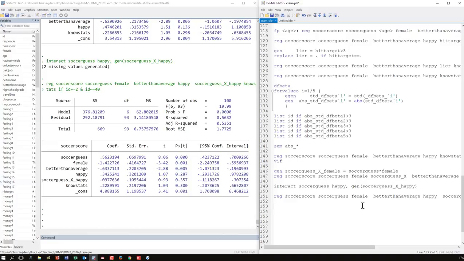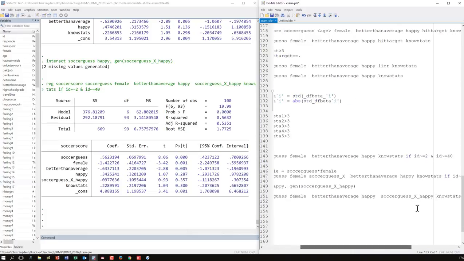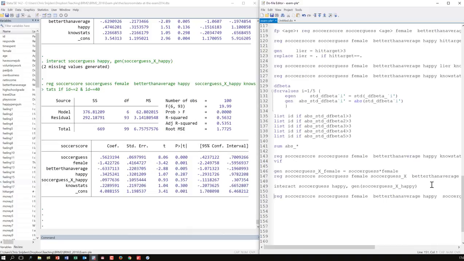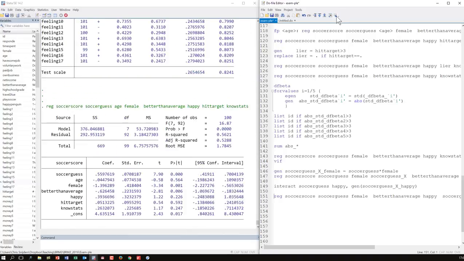Okay, so at this point, the one with female was actually quite close. So let's leave that in. Even though this one was officially not statistically significant, it might very well be that if I do a little more with the data, that 0.06 falls below 0.05. So I certainly do not want to get rid of too many variables that are really close to being statistically significant. So let's double check here.